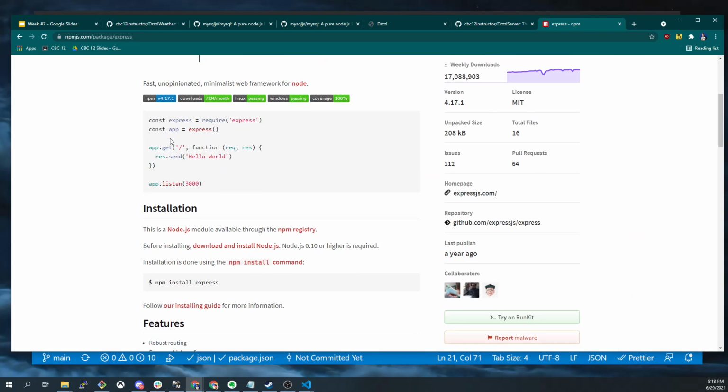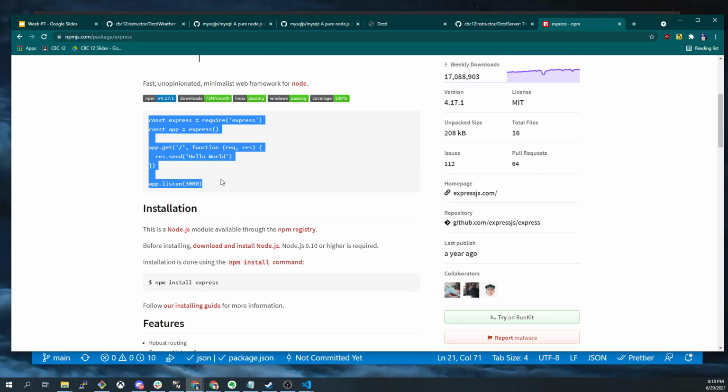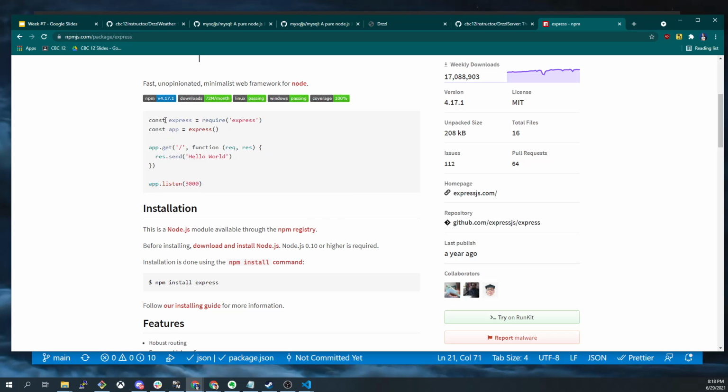So if we click on it, it's going to show you, with 4 lines of code really, what we can use. We're requiring Express, which gives us the class. Then we're saying the app, the web server itself, is a new... It doesn't use new for whatever reason. They just chose stylistically to have their object not have a new keyword. I don't know why. So you just call it by running the function, and then we set up our